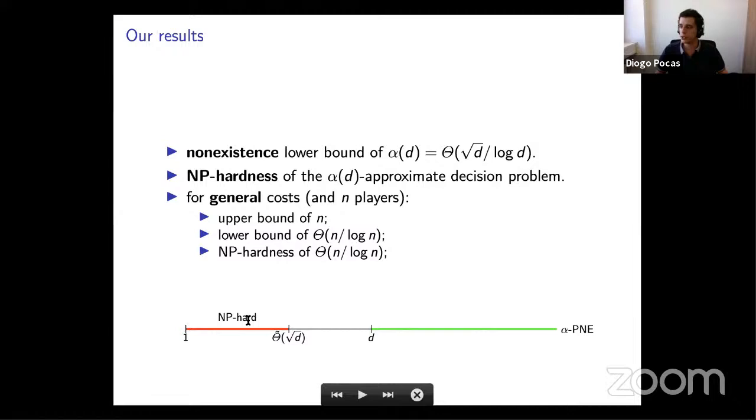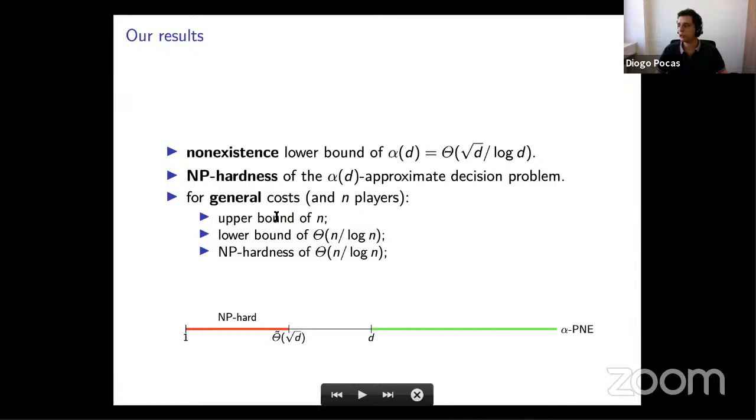What we did in our paper was work on this lower bound, and we were able to extend it. We now prove that square root d approximate equilibria are not guaranteed to exist in weighted congestion games. That was the first contribution. The second contribution was that we also translated this non-existence result into a hardness result. Not only are approximate equilibria not guaranteed to exist, it's actually NP-hard to decide whether a weighted congestion game has such an approximate equilibrium.